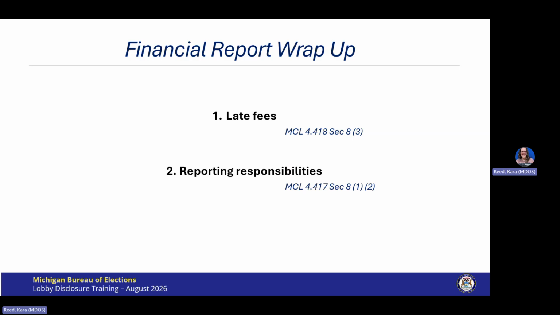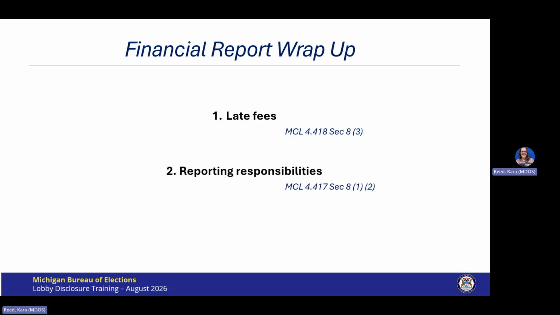Now, late filing fees are assessed for the late filing of a financial report summary required under the Act. The fees are assessed for each calendar day a filing is late until the maximum assessment is reached. Fees that remain unpaid for more than 180 days are referred to the Department of Treasury for collection. If you're filing a paper report, the entire report must be completed in its entirety. Incomplete forms will be rejected, considered not filed, and subject to late fees.